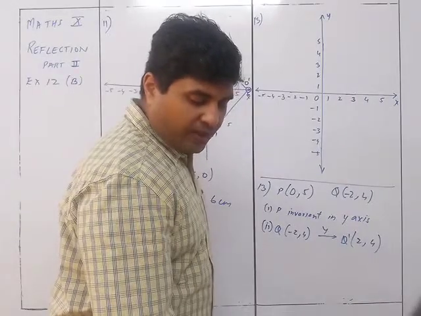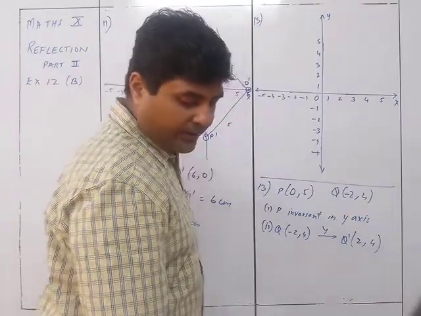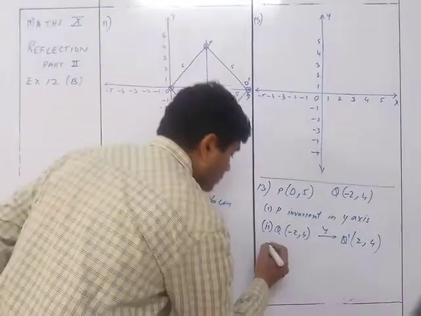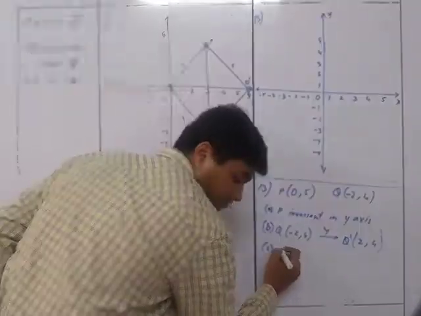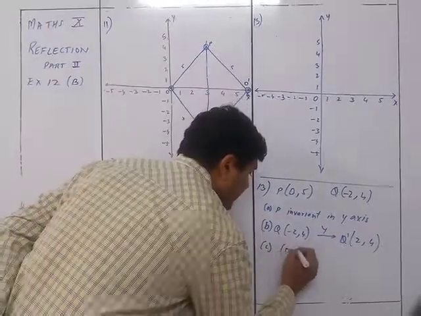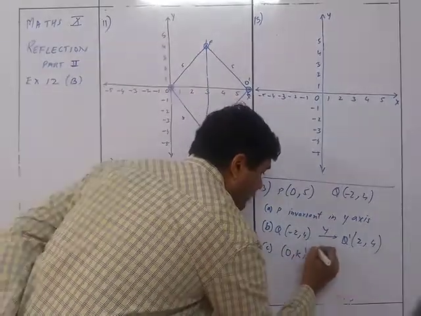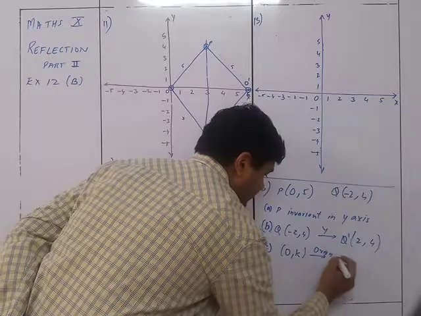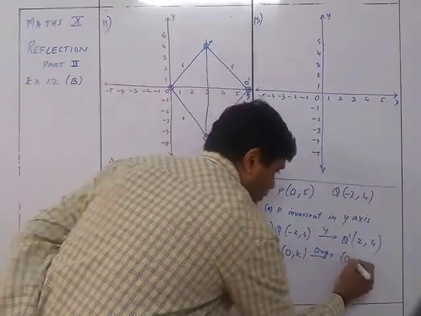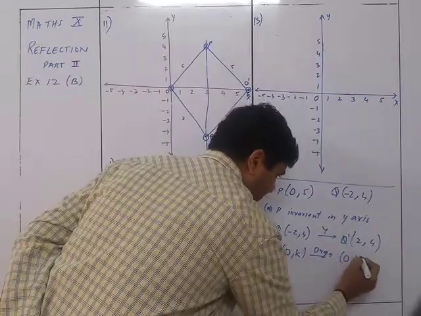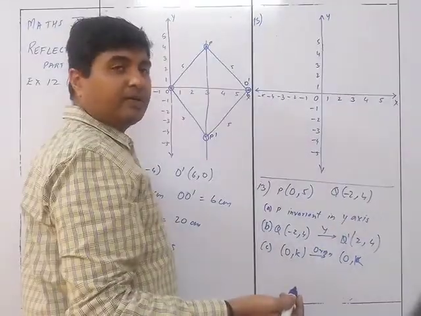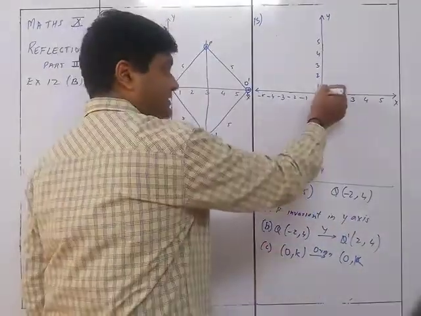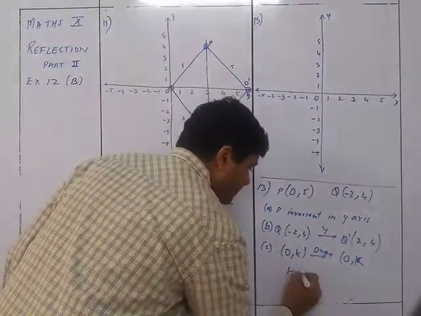0 comma k on reflection in the origin is invariant. Find the value of k. So this is B and this is A. It is given that 0 comma k under the origin is going to be invariant. It will be 0 comma k only. Now we know that in the origin the reflection is the same when it is the point itself. So k is equal to 0.